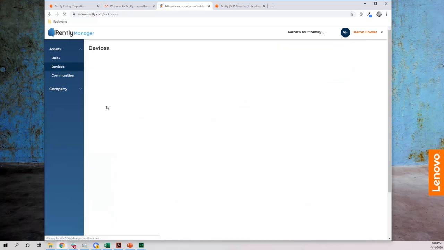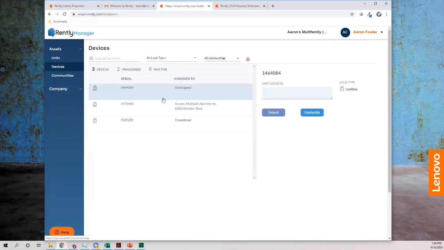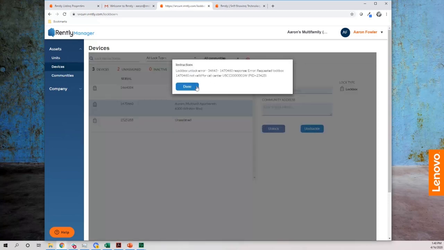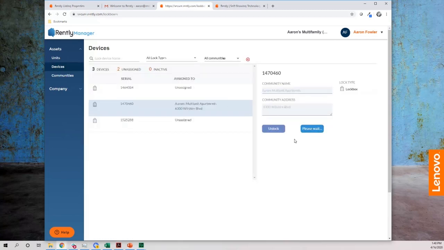Next thing we want to do is make sure we have our devices. Now, if we click on our device section here, you'll see I have 2 unassigned and 1 that is assigned. This one has my community name on it, Aaron's Multi-Unit Apartments. I've created a name, I know. And you'll see over here we have unlock, which allows you to open the key box, and we have unshackle. You'll get a code for unlocking. That code is when you enter into the box, enter, and then a 7 to 8 digit code,